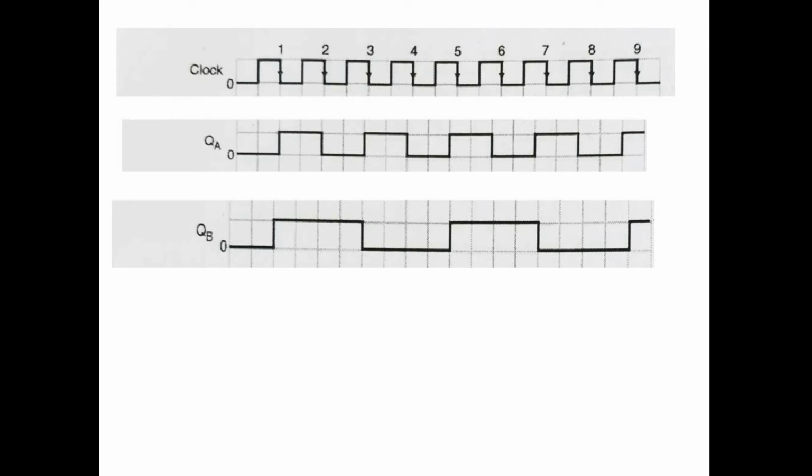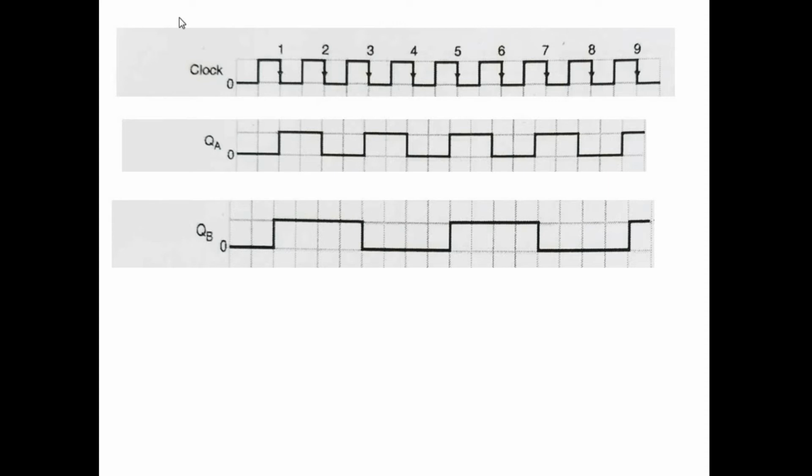Next, it goes from low to high when a negative transition occurs in the third cycle. Next, in the fourth clock cycle, from high to low. Fifth clock pulse, low to high and so on. Next, the second flip-flop depends upon the clock input from the negative output of Q. So the same thing occurs.